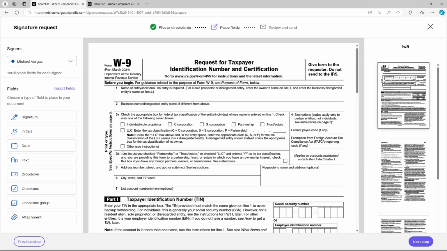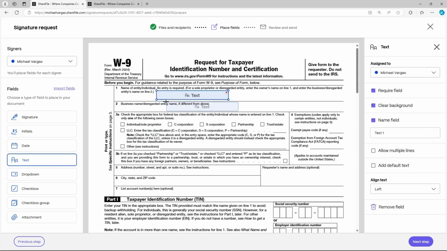From here on the left side, you will be able to select all the fields that you will probably need for your document. For example, you can select the text field for the name of the entity or individual.